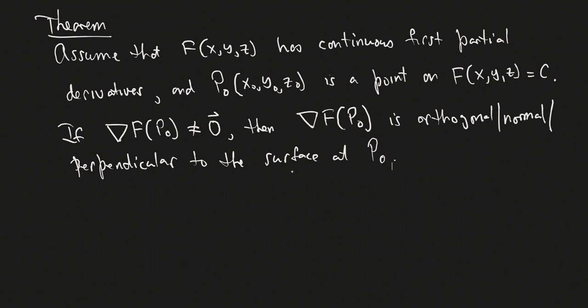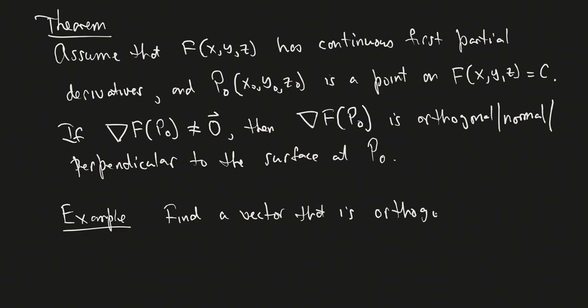And again, it's another important property of this gradient. Now let's just do a quick example and kind of wrap this one up. Relatively short video, relatively, right? So find a vector that is orthogonal to the surface